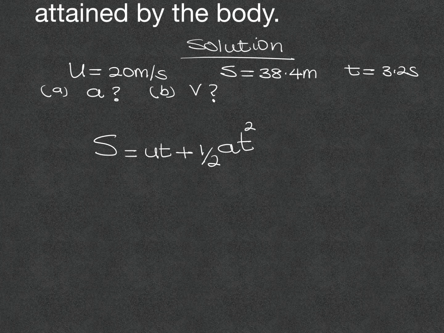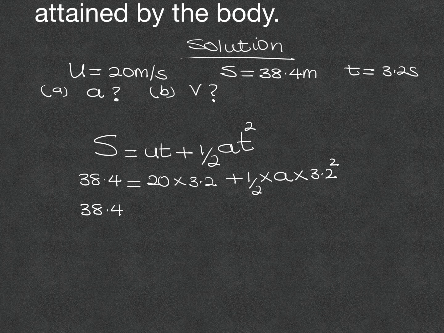So substituting the values, s is 38.4, which is equal to u, 20, multiplied by t, 3.2, plus half multiplied by acceleration, which we don't know, times the time, 3.2, squared. So that will be 38.4 is equal to 20 times 3.2, which is 64, plus half multiplied by a multiplied by